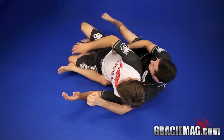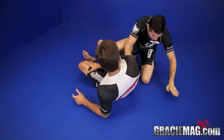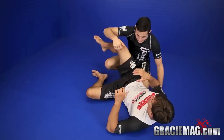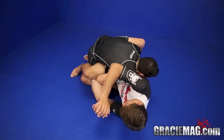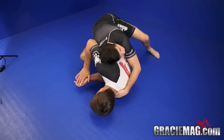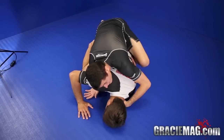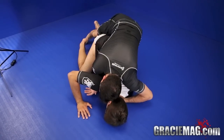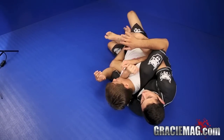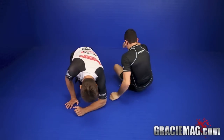Okay, you have to practice a lot because there's only this amount of space on the ground for you to put your foot in. So it's okay because most of the time when your hand is already deep here, as soon as you start reaching this here to do the pass, throw your body, look, he's already turtling. Now it's very easy for me to throw my hook and then go. The more he turtles, the better it will be for you. Okay, so use his reaction. Either do the pass